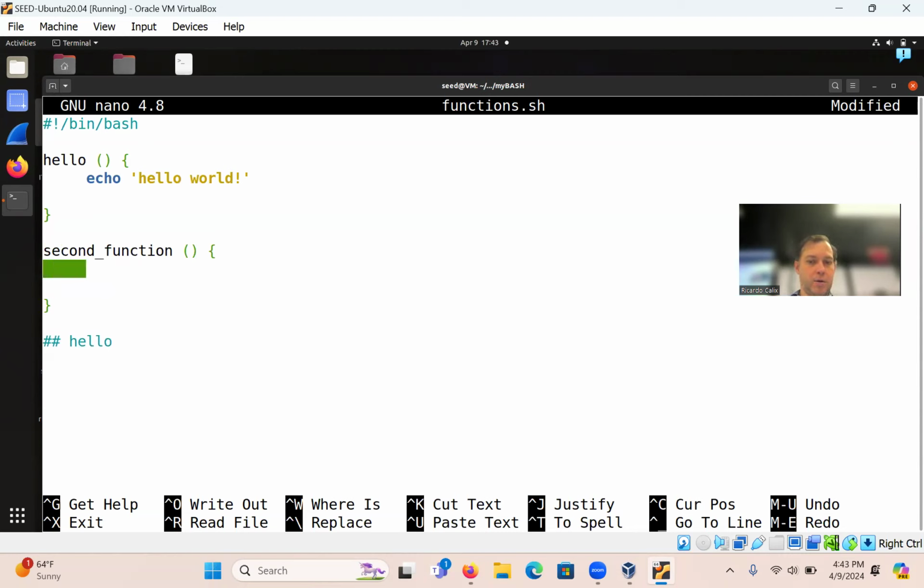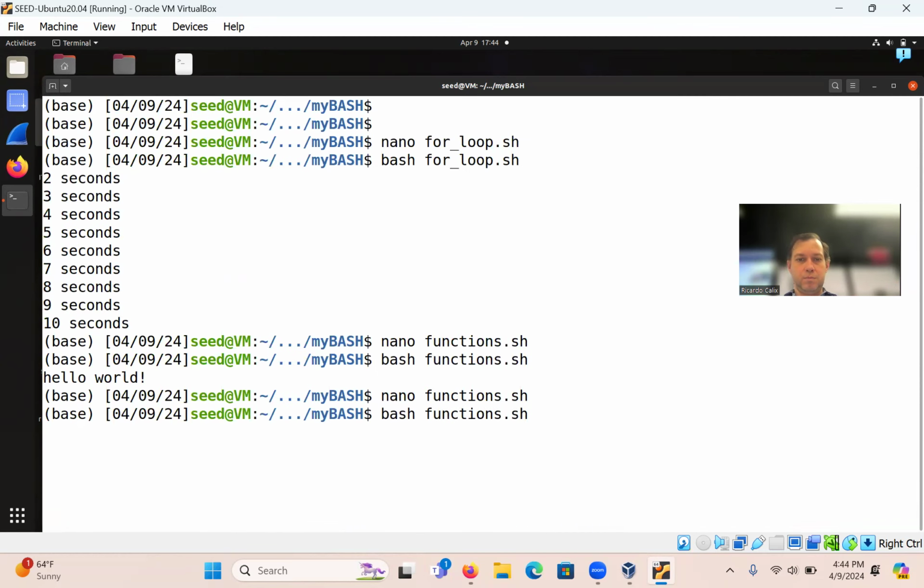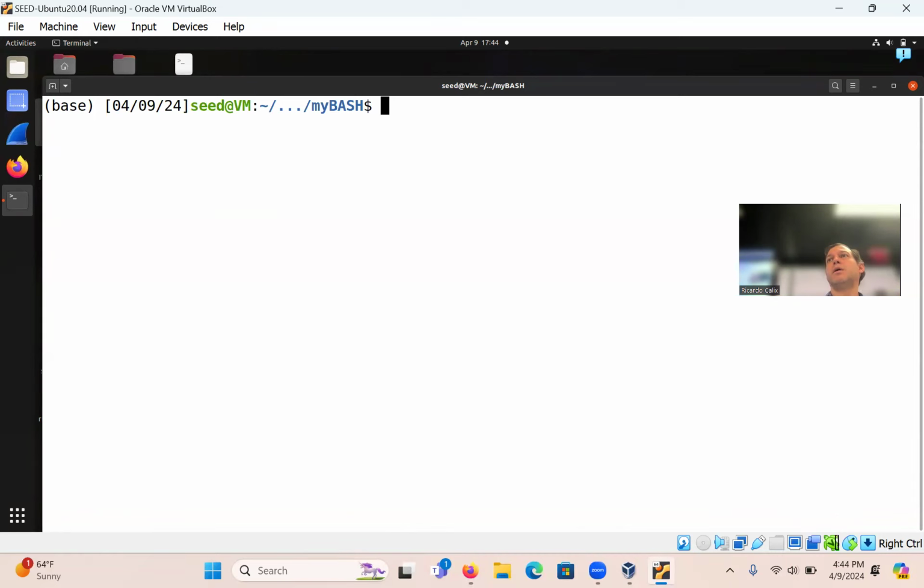Let's try echo second function. All right, and we would need to invoke it here. Second function. Let's go ahead and try it out. And you can see it invokes the second function. So you can define multiple functions in there and work with them. Okay, I'm going to do clear here. Any questions? All right, I'm going to keep going.